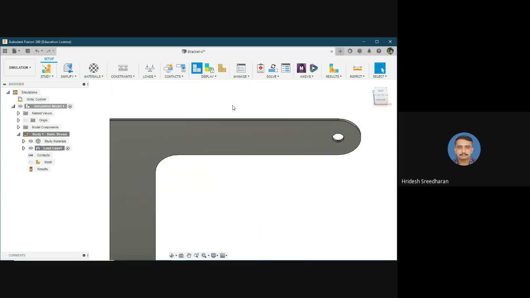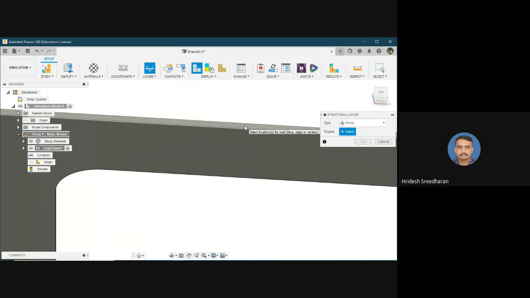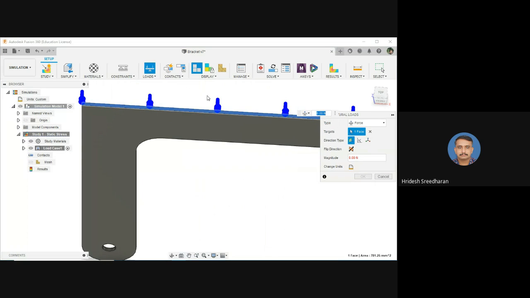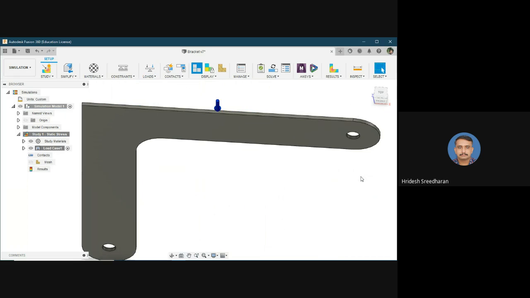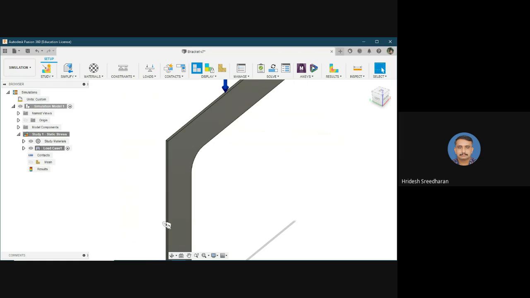Next, we have to give a load on the top face. So go to the loads, give a load. The direction is correct. If you want to flip the direction, you can just click by flipping here. And what we require is a force of 2625 newtons. So units you can change here also. If you want to go for pound force, ton, dyne, etc., you can change here. So it's okay. We need Newton only, so let it be there. So the force has been applied on the top portion, and the constraint has been applied here also.